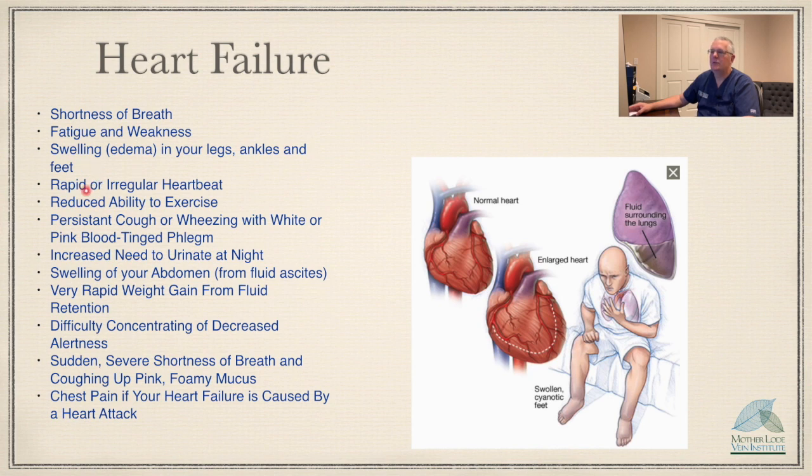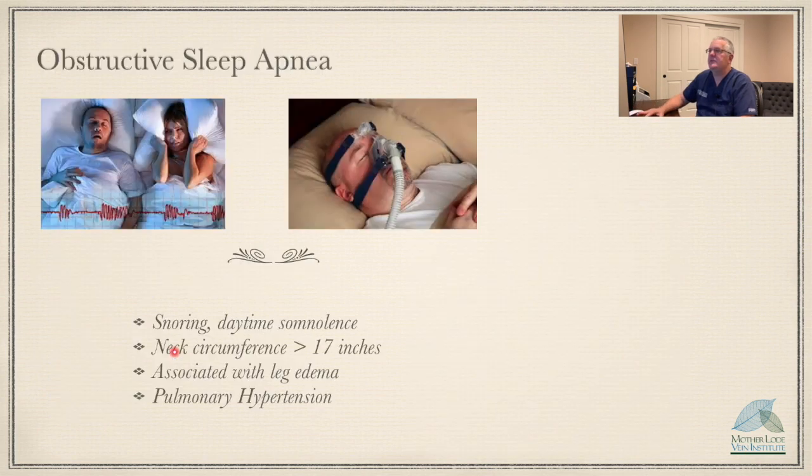It can present with a real rapid heartbeat. You can have difficulty exercising. You can have a cough. You can cough up pink kind of blood tinged sputum, and that's when it's more in its advanced stage. Sometimes people in heart failure have to void frequently, and they sometimes get abdominal fluid within the abdominal cavity. So these are the typical symptoms that we see in patients with heart failure, and that's a common cause of